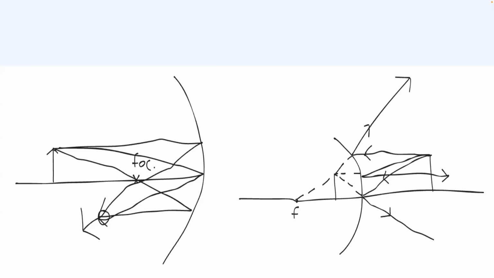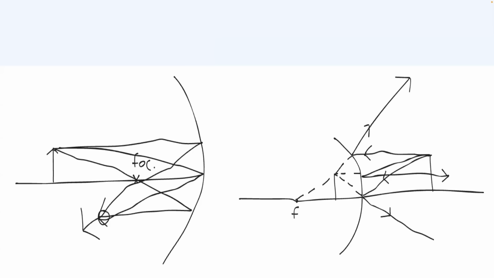The second mirror is a convex or diverging mirror. This is the case because the circular side is away from the image. So again, the same thing holds. One ray is horizontal and it's supposed to go to the focal point. So we draw both the lines because it's going to be diverging. The second ray goes through the center. And again, we draw both the lines because